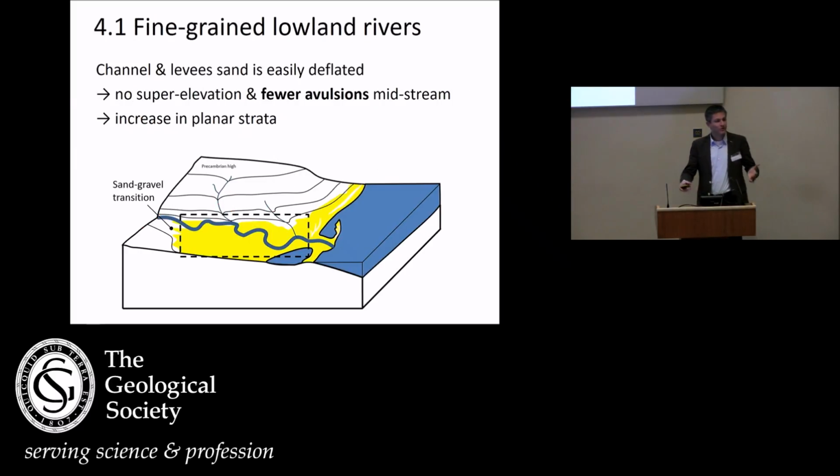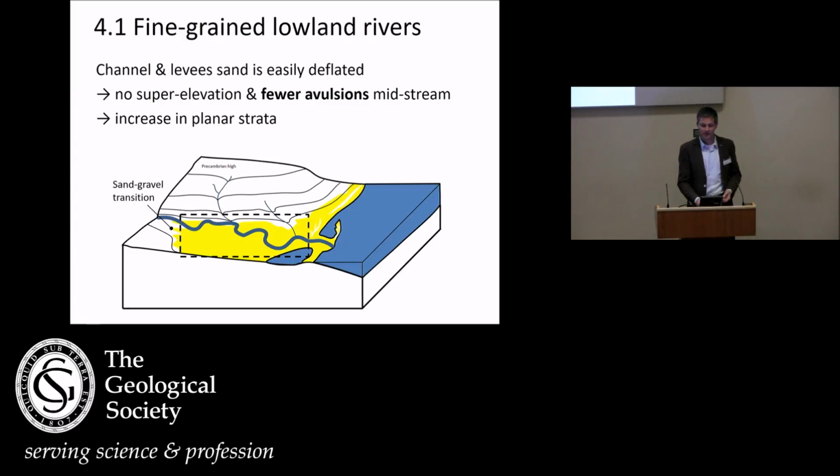When you go further towards the finer grain level, the lowland rivers, what we expect is that we are basically capturing a lot of our sediments there, and we're deflating the levees and we're building up the floodplains by activity of wind and having wet areas where sediment can stick. And then we can put the microbial mats on there to further cement the surface and protect it. And what that will do is it will reduce the amount of avulsions that you will see because there is less super elevation of your river and your floodplains grade along. So we have an increase in the amount of planar floodplain facies that are quite likely sandy and quite likely